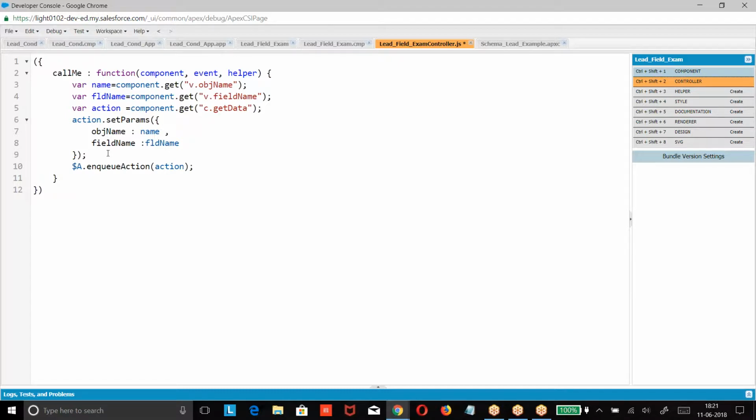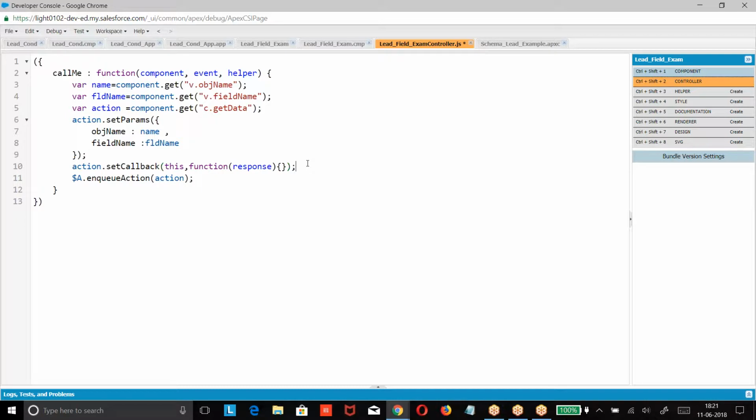Then what should I do? I have to define the action. How do you define the action? Callback action. Action dot set callback, two parameters, this comma function. Am I right or wrong?